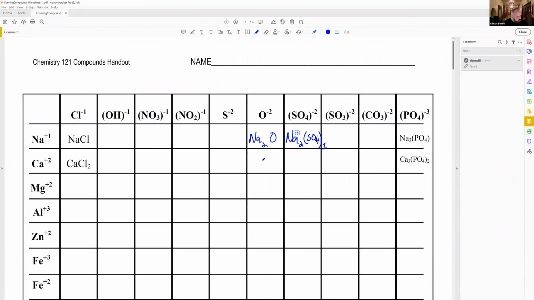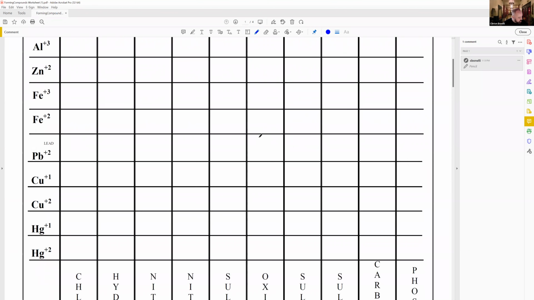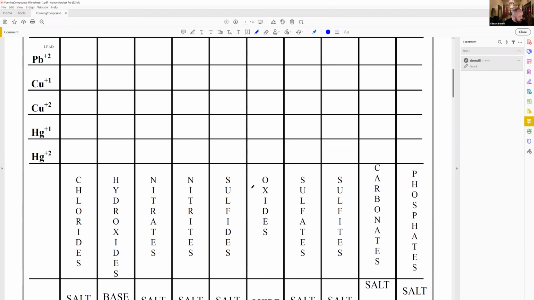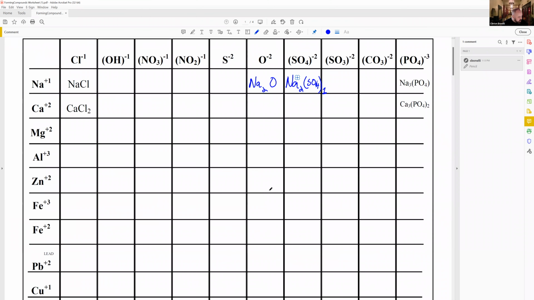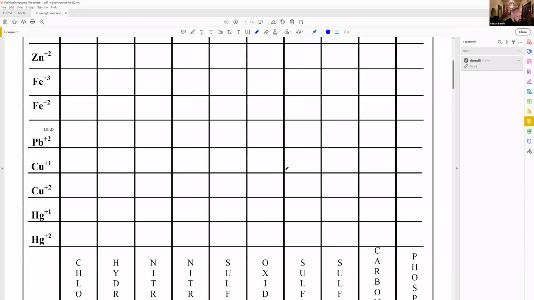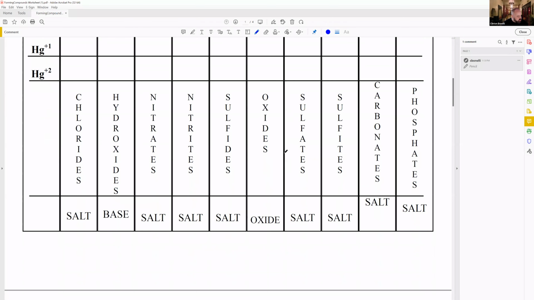How do I know? Because number one, we talked about how to name compounds. We did that in Unit 4. But also, this homework creates a cheat sheet for you. So now you can look at any of these compounds that through repetition you have done in this assignment in order to gain an understanding for how to form compounds. But once you've formed them, you can use this sheet as a cheat sheet so that you can name any